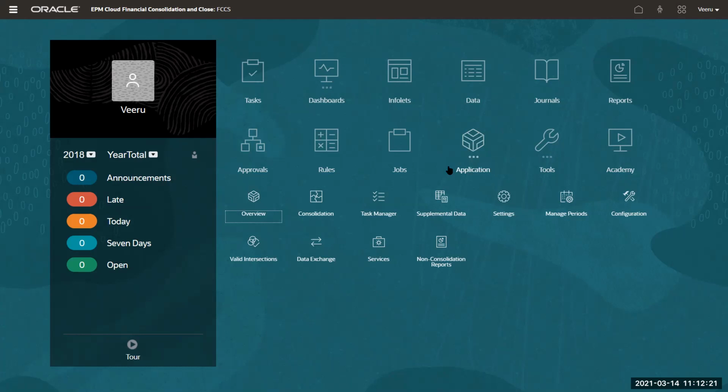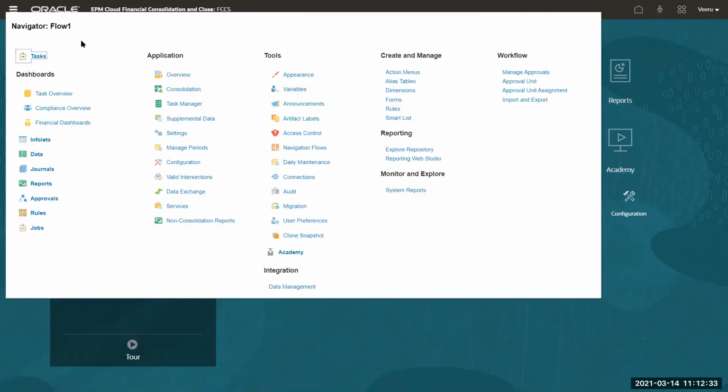You can also access it not from the card or cluster. There's something on the top called the navigator, the three lines. You can click that, and it will show you the same screen, but in an expanded view. For example, here you have your tools, and all the things have been expanded here. Under application, all things have been expanded here.